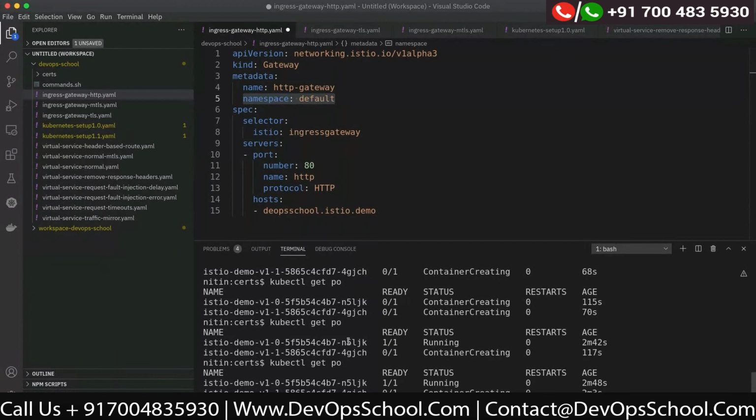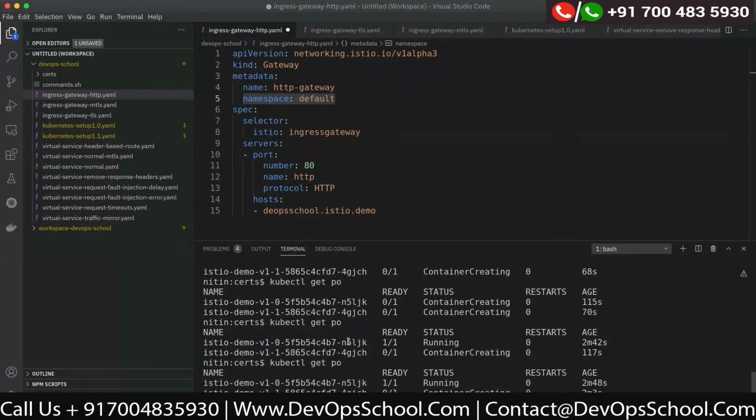So that picturization is slightly incorrect. What happens is you're creating these CRDs. These are custom resources which you're creating, right? These are not Kubernetes resources. So these definitions will be applied to a particular namespace, but when it comes to execution, it is done by the pod which is running in the Istio system namespace.